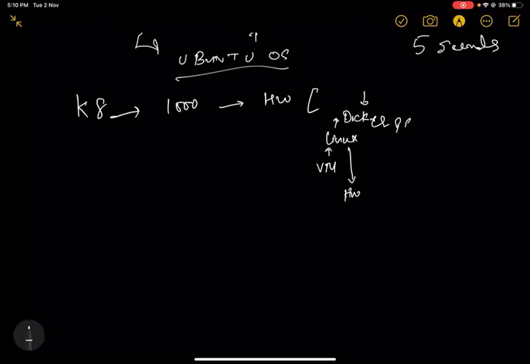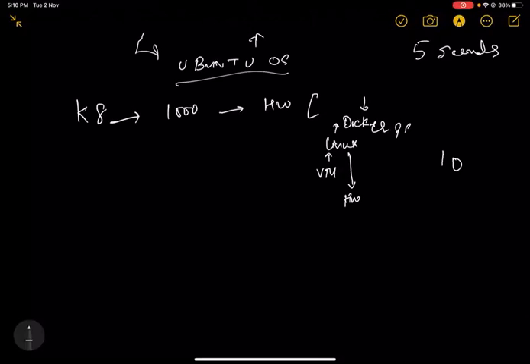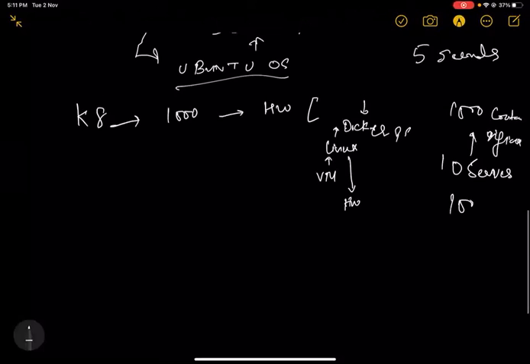You might have, let's say, 10 servers. For now, let's call them servers, where you want to deploy 1,000 containers of image Nginx. Right. So each of them might have 100 instances per server,